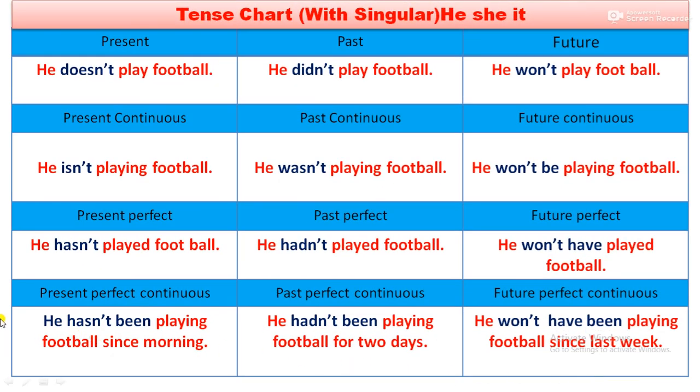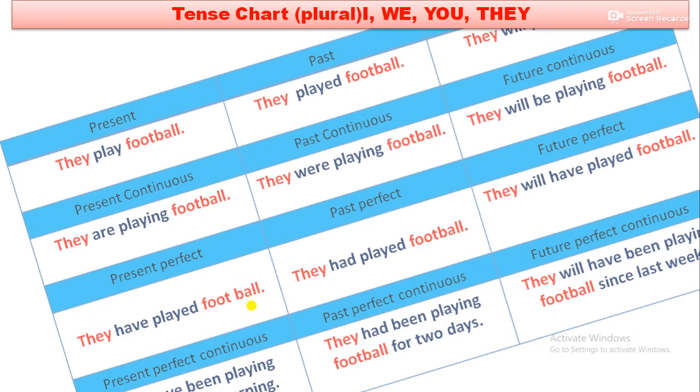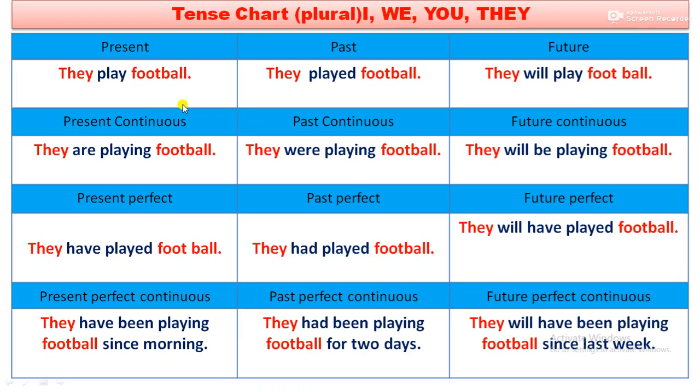Okay. So if you want to make a negative, you will use the helping verb and not. So he doesn't, he didn't, he won't, he isn't, he wasn't, he won't be, he hasn't, he hadn't, he won't have, he hasn't been, he hadn't been, he won't have been, and this will be your negative sentence. Then come to the next part. Now plural. So I have already told you how to speak plural. It is already discussed. Only difference is that you will use plural helping verbs. Okay, then